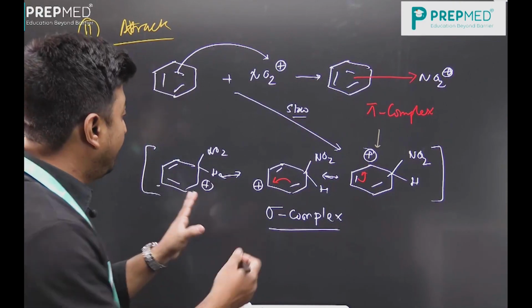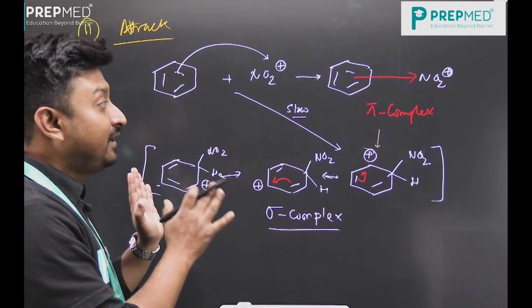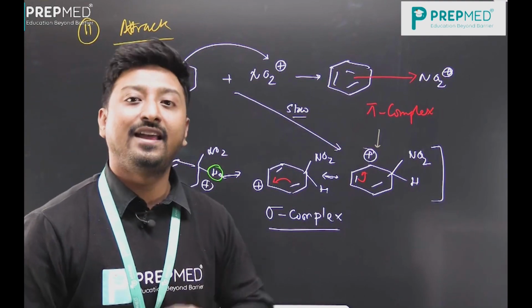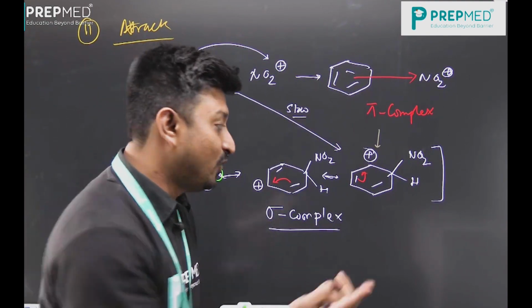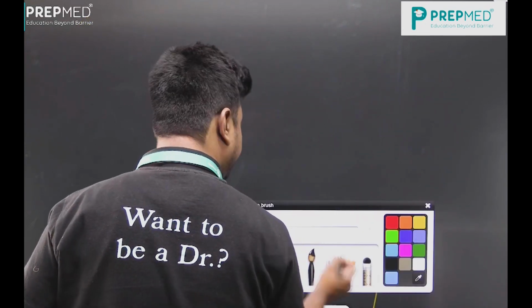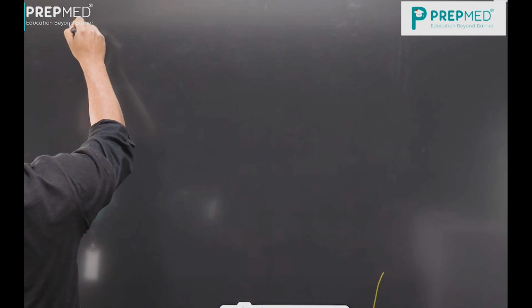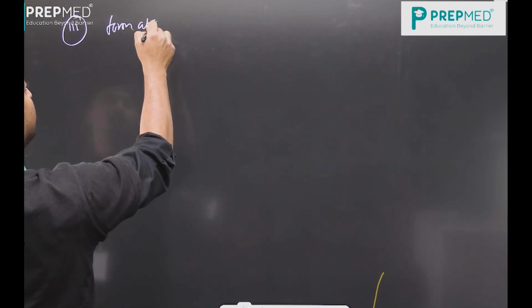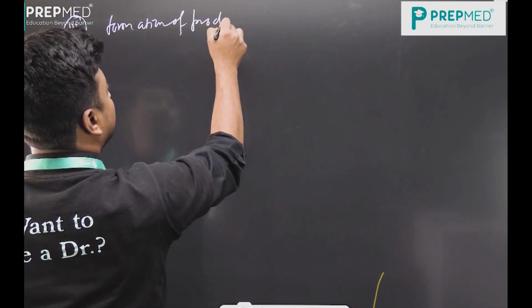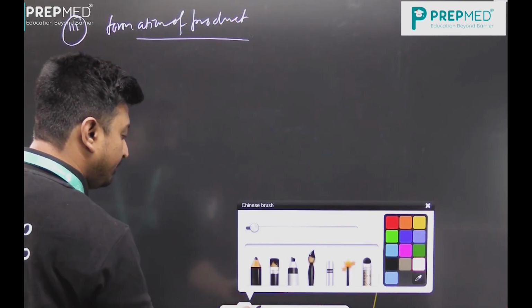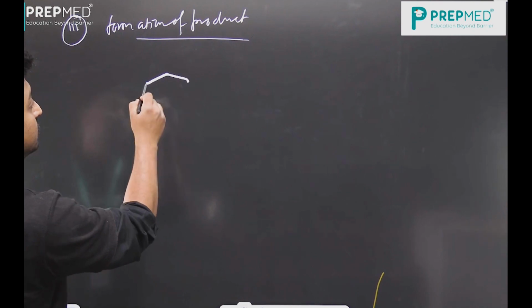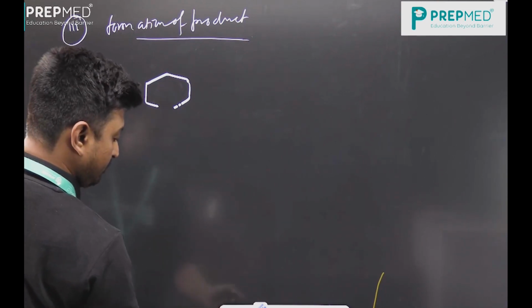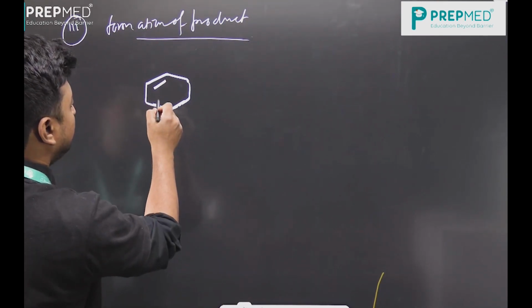Now for the next step, NO2 has come, right? Now it has to stay. But what do we have to do? This hydrogen atom has to go, right? This hydrogen has to go. So what will happen, we will see. So next step, step number 3, formation of product. Here, look, once this molecule is formed,